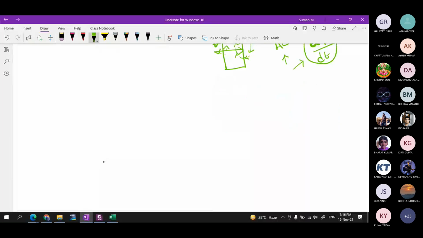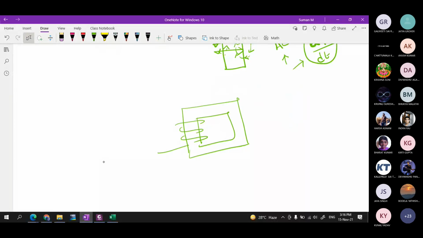Actually, let us redraw. So here you are having this, then you are having this, then you are having a flux. So for easy understanding, let us put only one flux for this side and one flux for this side. And this flux direction is in this direction, and in this side it is coming down. Okay, and it has to come like this. Did you understand till here? Yes, sir. Yeah, fine.